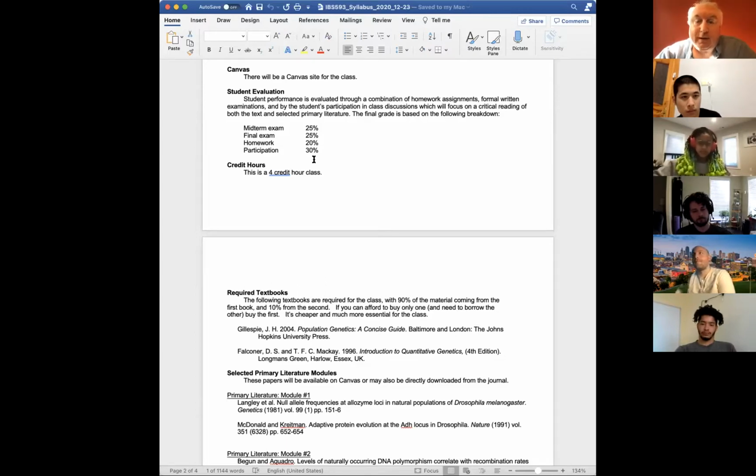What I will, though, enforce is when we take the exams in class, I don't make them open book, but I offer to allow you a sheet of paper to have written down every note, every formula, every idea on the single sheet of paper you want to have with you during the exam. So when we do the exams online, I'm going to ask you to send me a copy of that sheet of paper